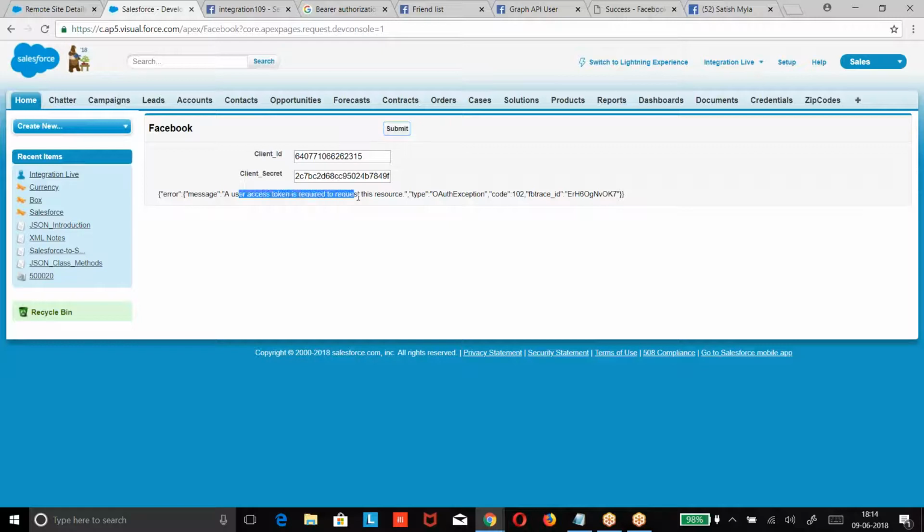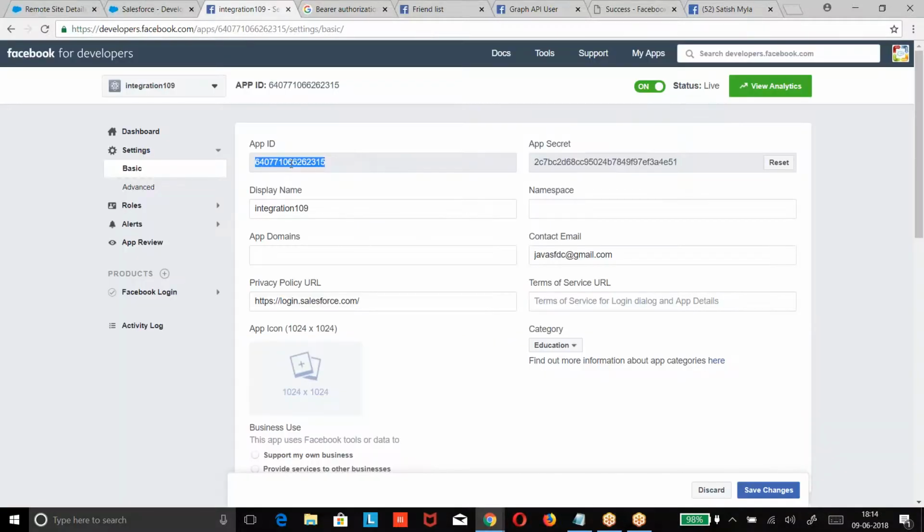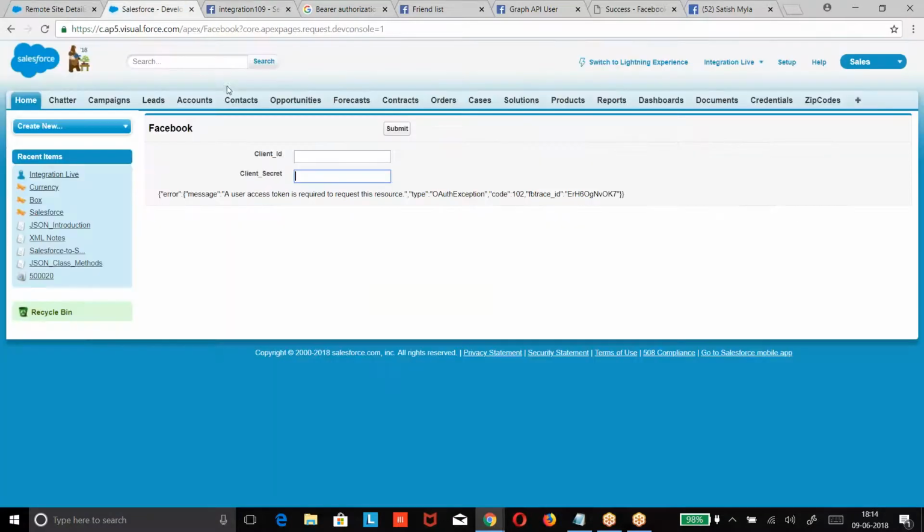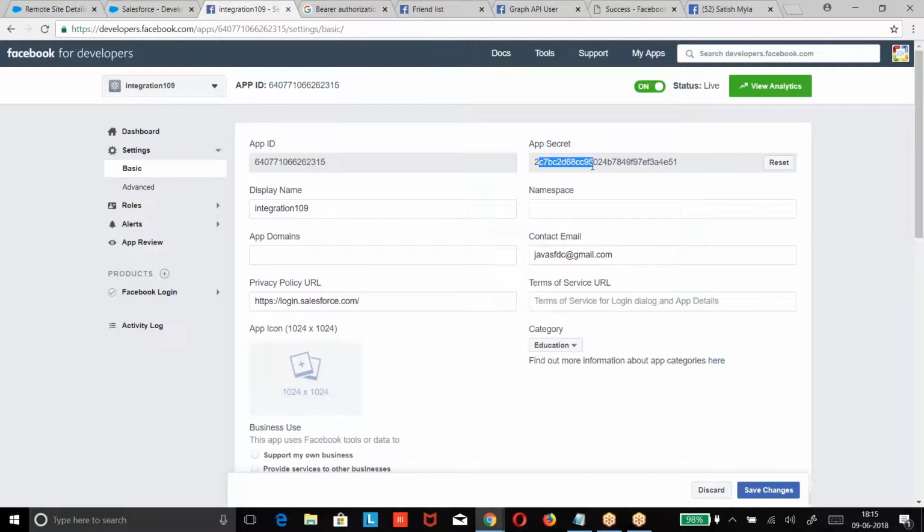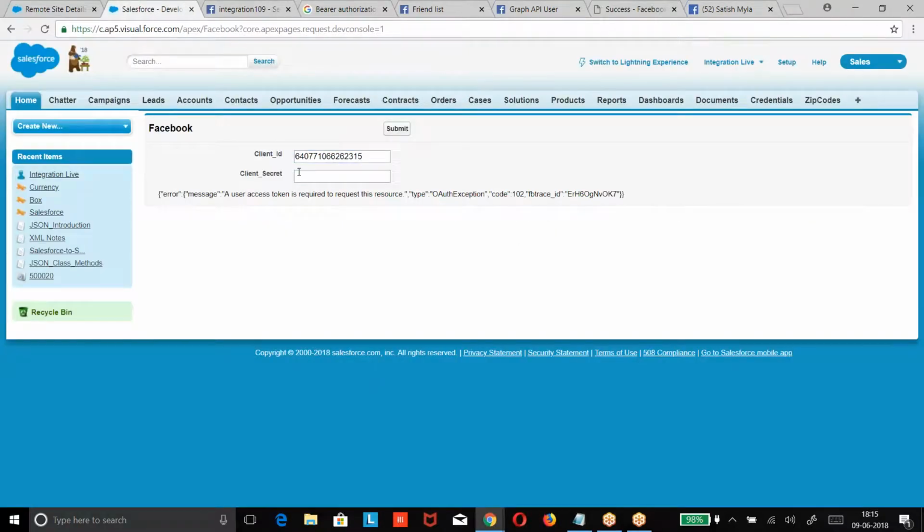User access token is required to get this result. So your request is not valid for this. So we need to go through the documentation, see how to get the friend list. What is the parameter I have to pass? What is the extra step of authentication I have to give? I need to read those things and make it. So the major story is all about documentation.